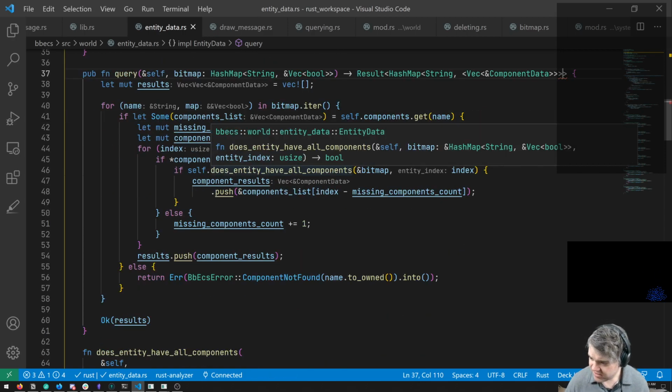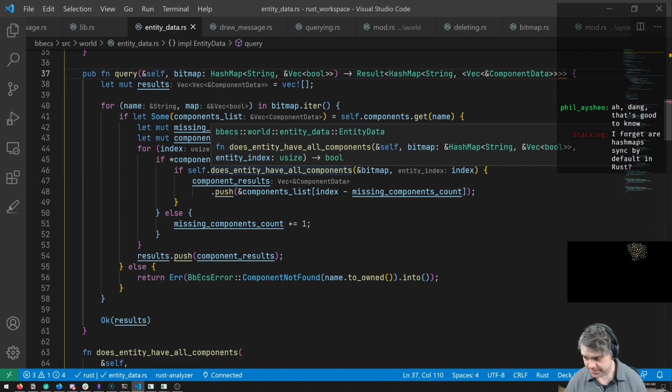Let's see. Bill, do you use the cargo edit tool? So I go back and forth between using the cargo edit tool and not using it. What I have found is that if you use cargo edit to add something in, you have to restart Rust Analyzer because it doesn't detect that the Cargo.toml file got updated unless I go into it, update it, and save it myself, which is a bit annoying. But yeah, I go back and forth because I've gotten hit by that a few different times.